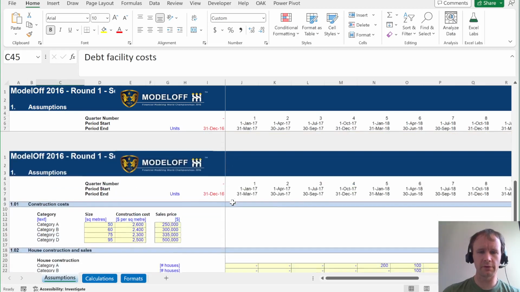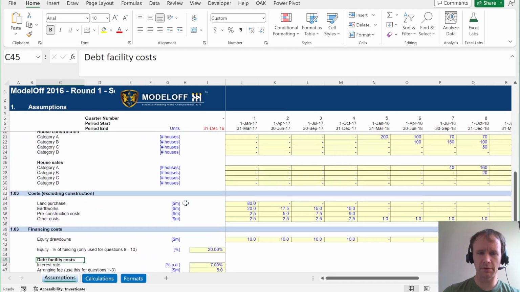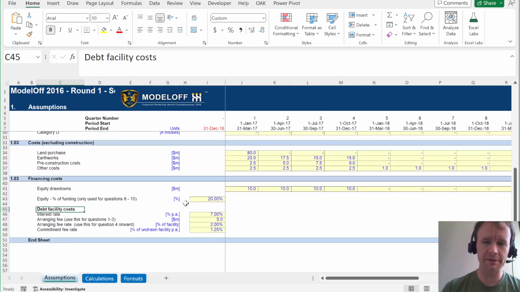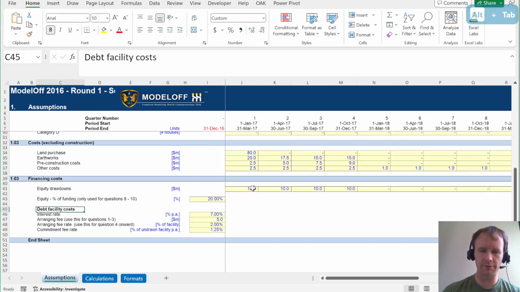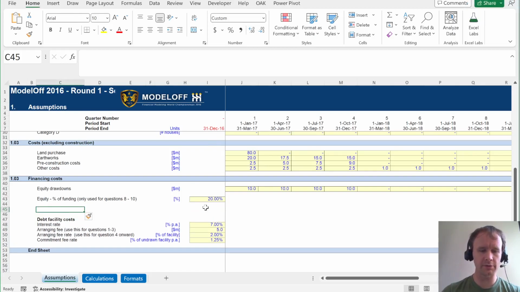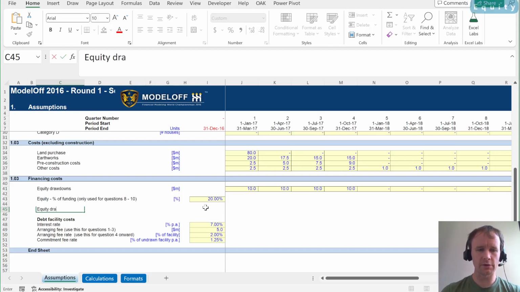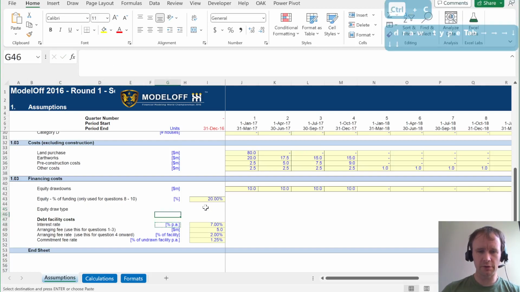Okay, so here's what we have in the model, just all those same assumptions written back out again. Now, the first time I did this, I built a proper scenario table for the many different switches: switch this on and off, change this and that. Like I said, you're getting something more slapdash today because I don't have the energy to do that twice. But if you want to know how to do that, a bunch of my past videos show how. So instead, we're just going to have some switches, equity draw type,